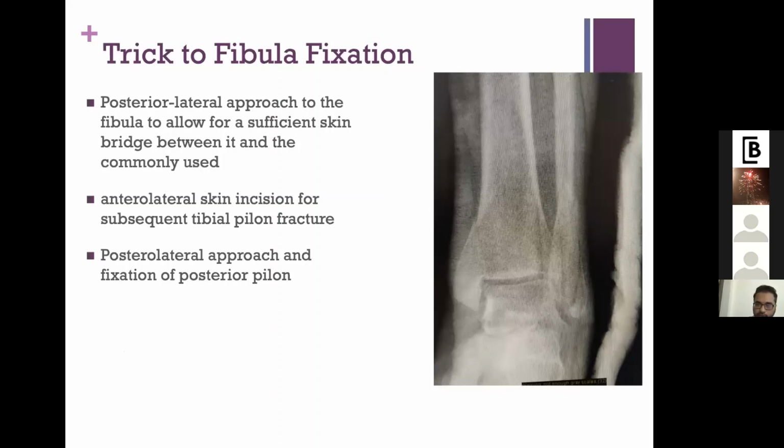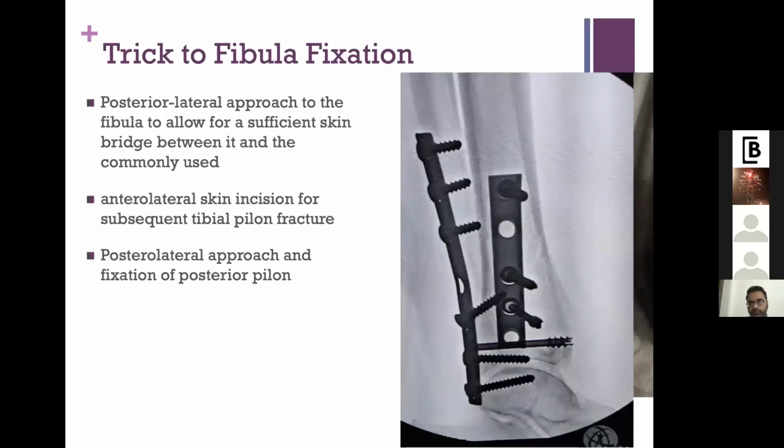And if you are fixing the fibula and there is a posterolateral fragment, you can do well with a single approach, that is the extensile posterolateral approach. That is new in the approach to the pilon, and one should be aware of this extensile approach if you are just handling the fibula fracture and the posterolateral fragment, which can be done with a single approach. So one such example is where the posterolateral approach has been used to fix the fibula posteriorly, and the posterior fragment is fixed with a lag screw.